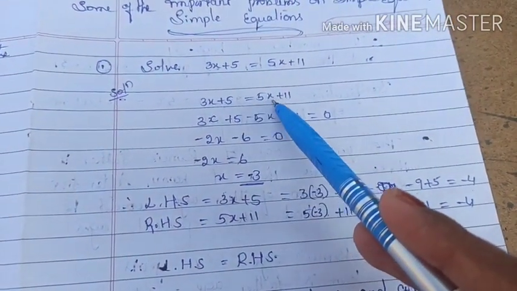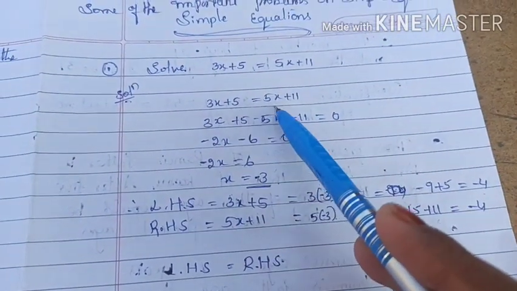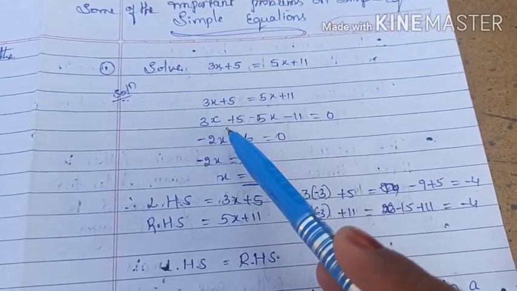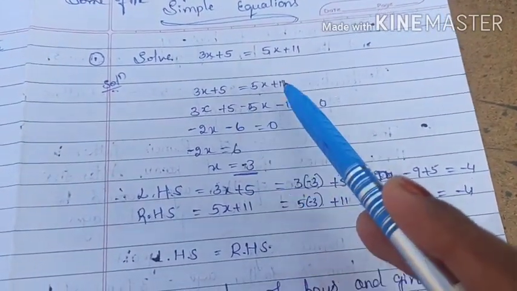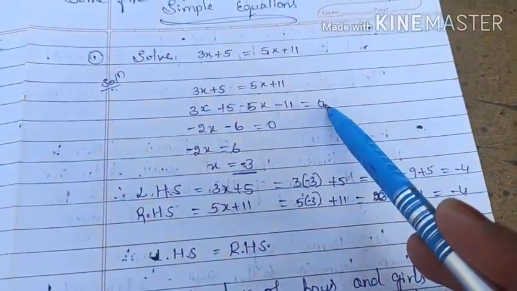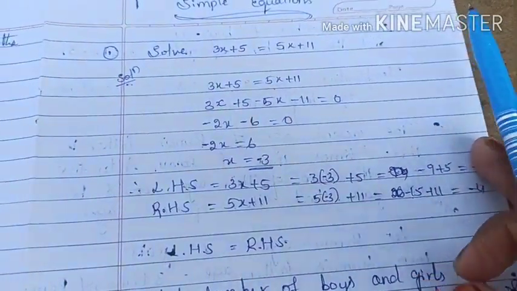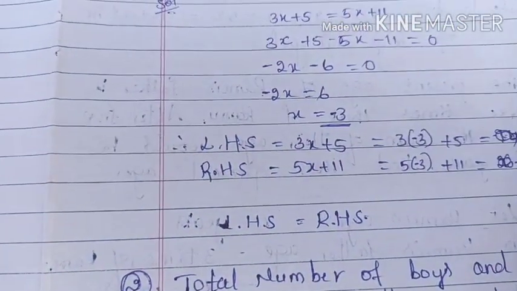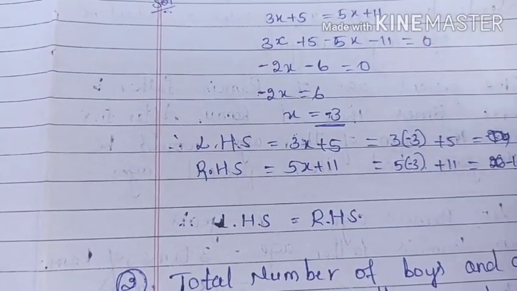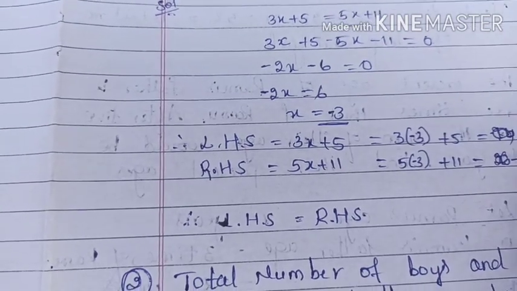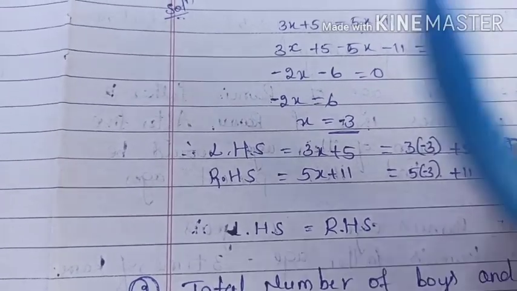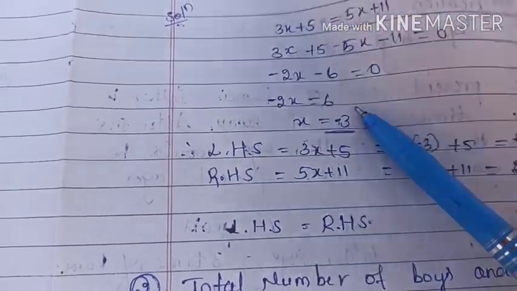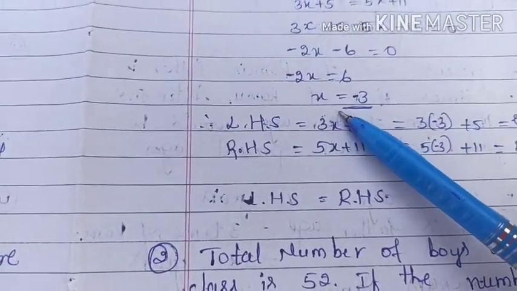3x plus 5 is equals to 5x plus 11. Take this 5x to the LHS side, both these two terms. 3x plus 5 minus 5x minus 11 is equals to 0. 3x minus 5x is minus 2x. 5 minus 11 is minus 6, which is equals to 0. Therefore 2x is equals to 6 and x is equals to 2 ones are